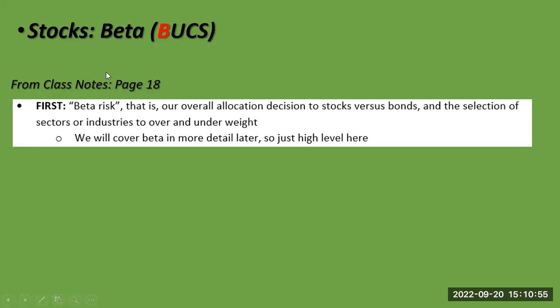So you see how the word beta, don't get confused. We're going to use beta later as a number, but here the word beta really is, where is your risk coming from? What markets are you in? Number one on beta risk is how much do you have in stocks versus bonds? That one's pretty obvious. You're expecting a recession, where would you want to be, stocks or bonds? If I tell you we're definitely going to have a recession, would you rather buy treasuries or buy stocks? Treasuries, right? If you're expecting a recession, bonds are going to do much better.